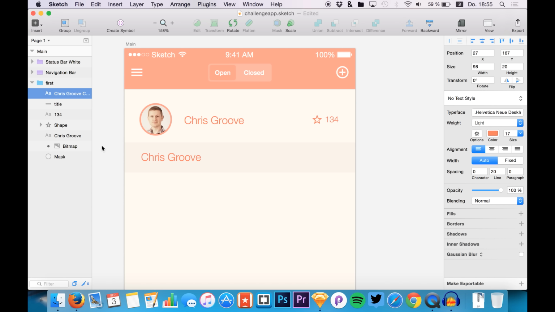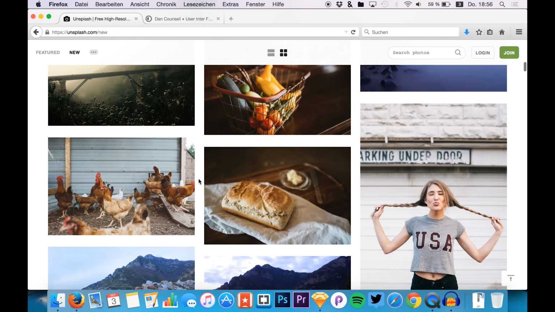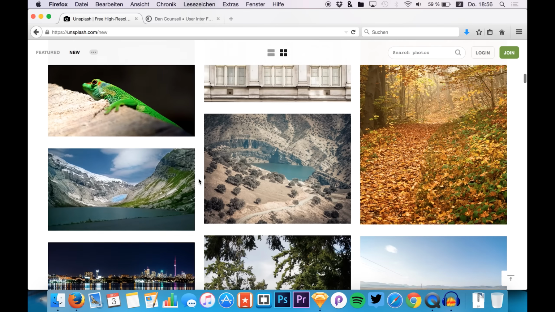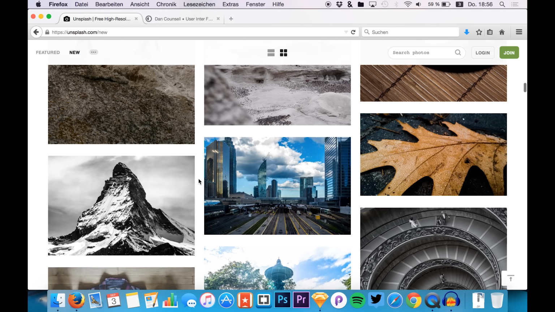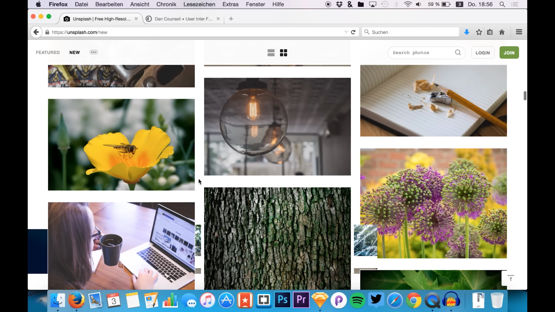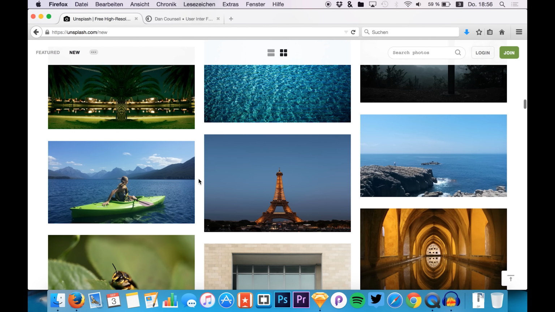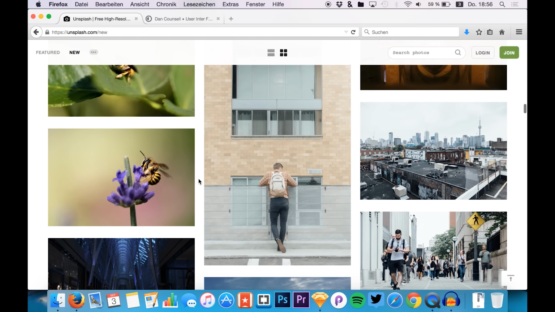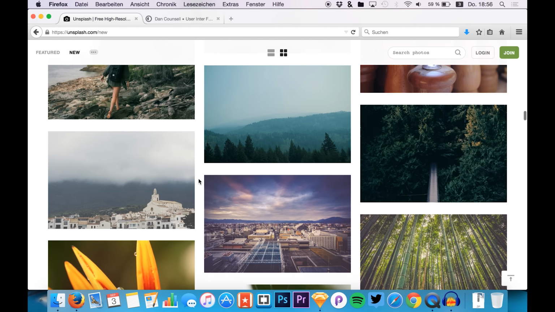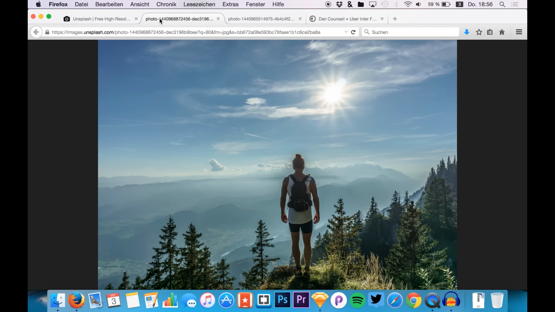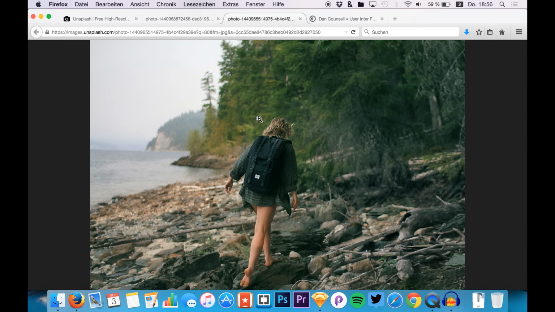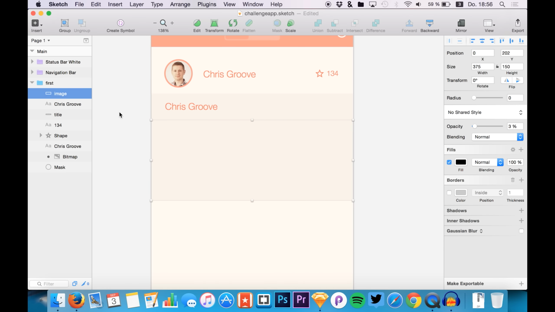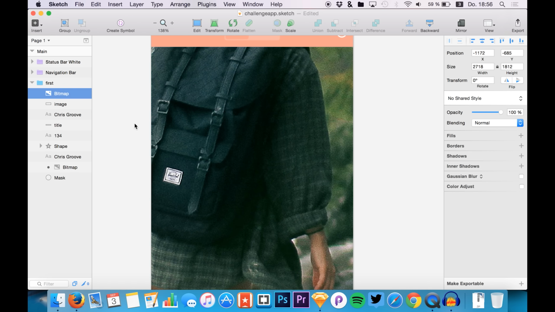And there are great photos, so I think we will really find something that's like matching our challenges app. That looks quite nice. This as well. I think we will use this one, copy it and paste it in our